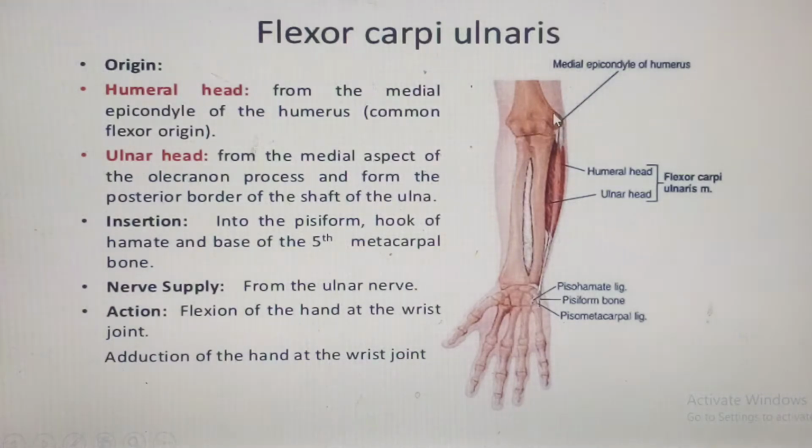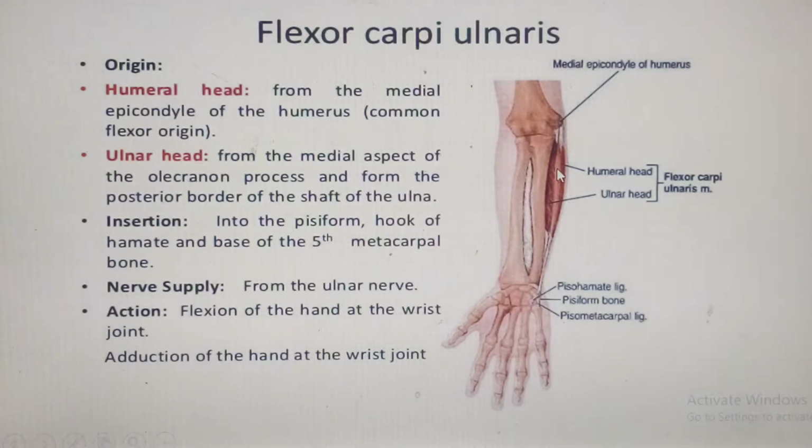the ulnar head from the medial epicondyle, then of course from the olecranon. It's also going to come from what we call the posterior border of the shaft of the ulna, posterior border of the shaft of the ulna. So that is what we call the ulnar head. These two heads will be pierced by what we call the